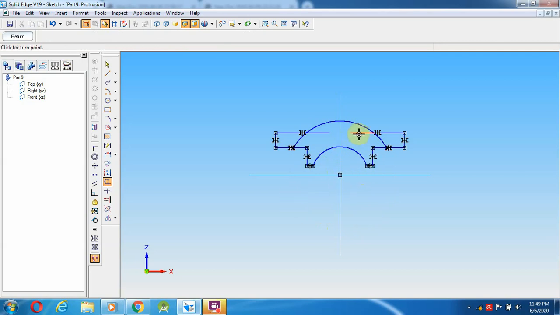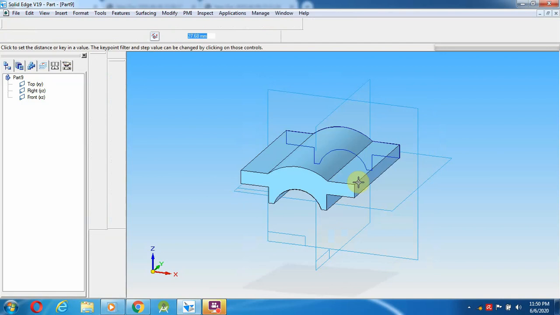This line and this line, and this circle, I'm going to trim. Then this line I'm going to delete. This is the point I deleted. Then I'm going to give return.